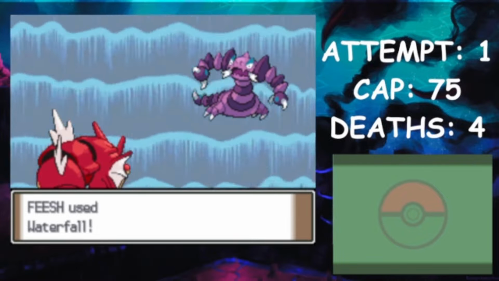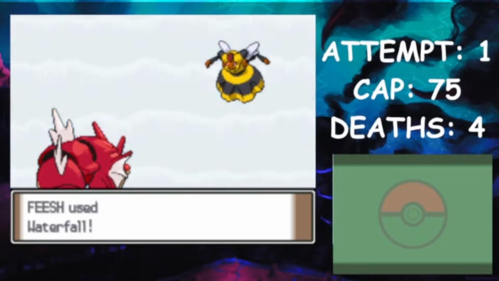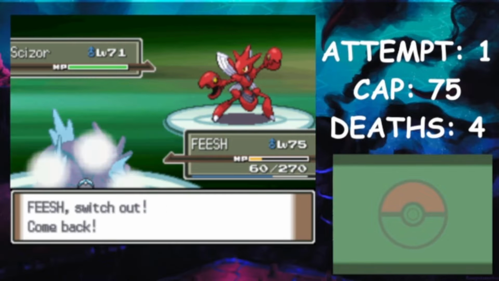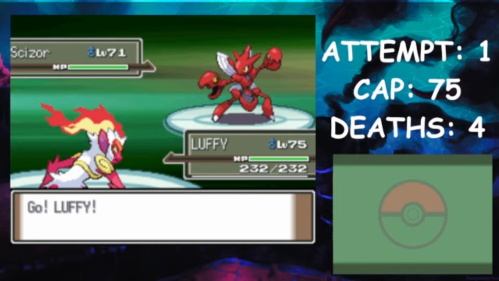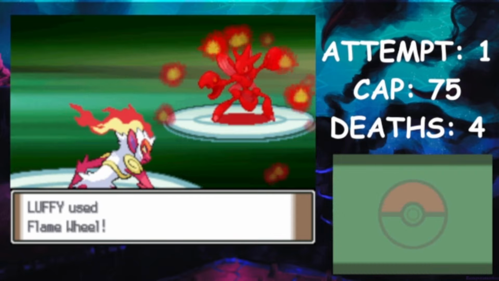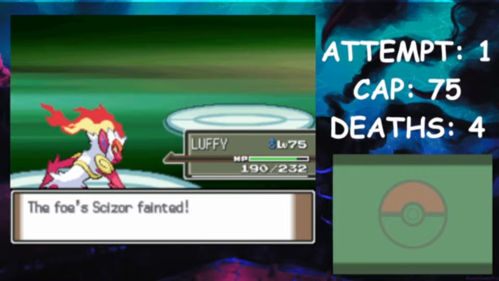Drapion's actually a 2-shot here, so we go take this down with 2 Waterfalls. Vespiquen is also a 2-shot to a +2 Waterfall, so we go take this down, putting us into his final Pokemon now, which is Scizor. Now with Gyarados in quite low life, and because I know that Scizor gets things like priority moves and that we're not going to one-shot, I go make a hard switch here over into Infernape, take a Bug Bite on switch, and from here we can go for a Flame Wheel, take this down with a one-shot,